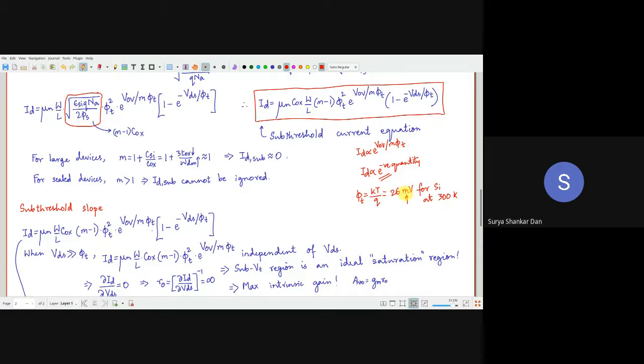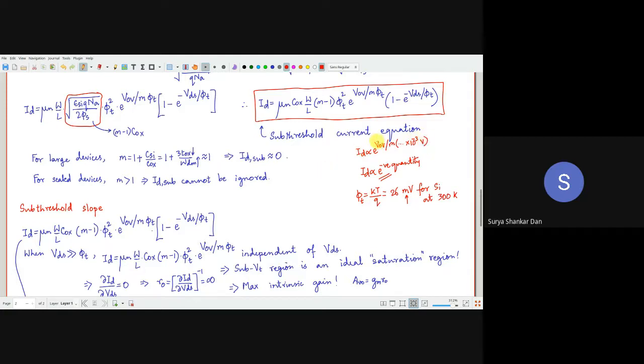Think like an engineer. Think in the perspective of order of magnitude, not exact value. ये 25 है या 26 है, that will essentially depend on the temperature and the doping concentrations and all that. It will slightly vary. But anyways, this milli is important. So that means ये phi t जो है ना, you are essentially multiplying something multiplied by 10 to the power of -3 volts.